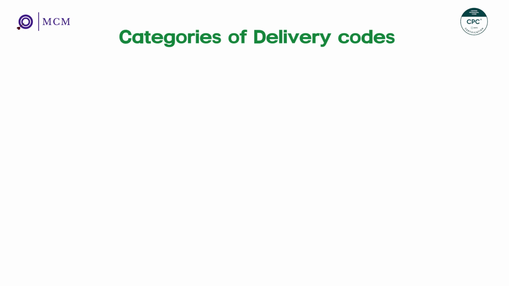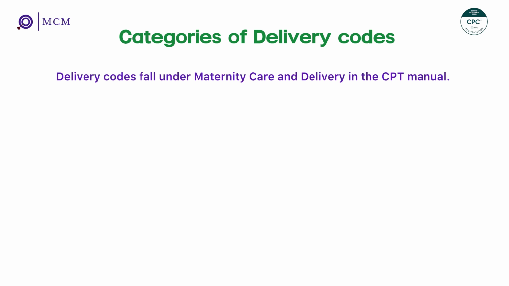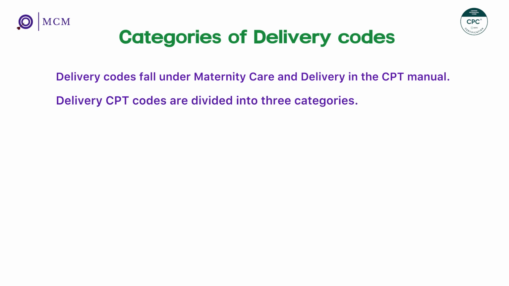Let's first understand the different categories in the delivery codes. Delivery codes fall under maternity care and delivery in the CPT manual. Delivery CPT codes are divided into three categories, and the easiest way to understand them is to think of three different scenarios. 1. Vaginal delivery,